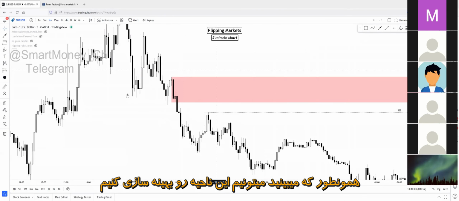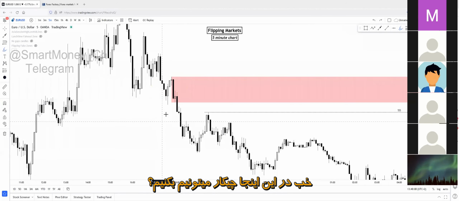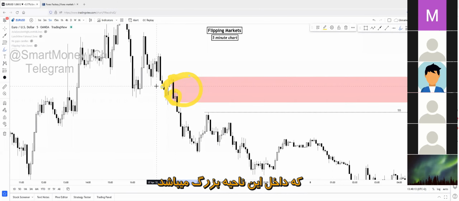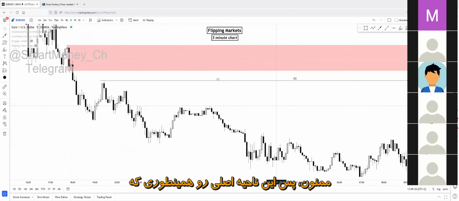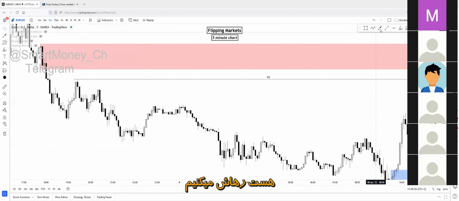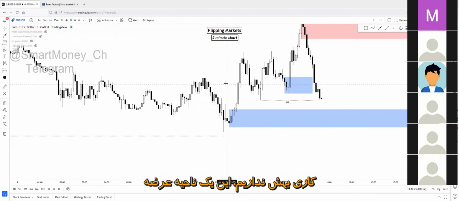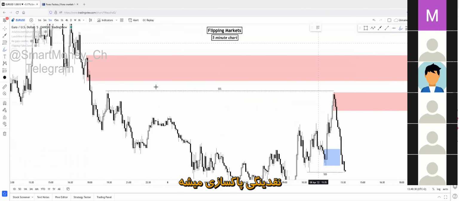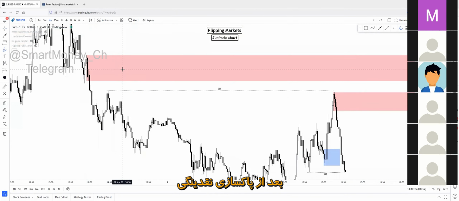As you can see, we can refine this zone into two separate supply zones. So what can we do in this case if there are two separate valuable supply zones inside of the first big one? Keep the original supply. Exactly. Thank you. Just keep the original supply zone the way it is. So this supply will be untouched. We don't care about it. It's a perfectly fine supply zone. It's just a directional supply, because we know that if the liquidity sweep happens, the next recent supply zone after a liquidity sweep will be able to reverse price.